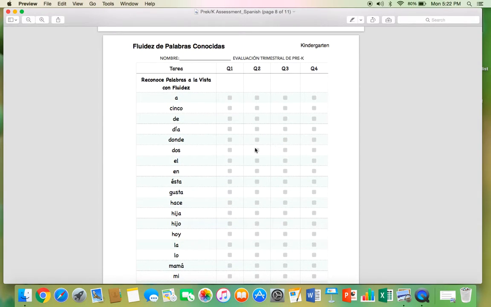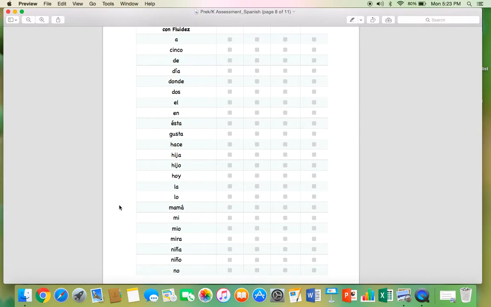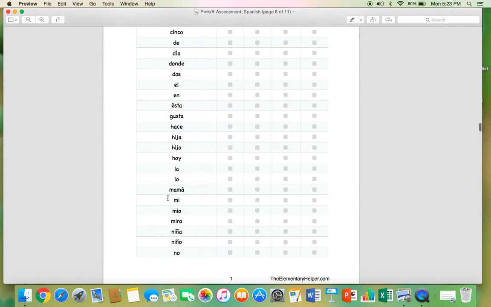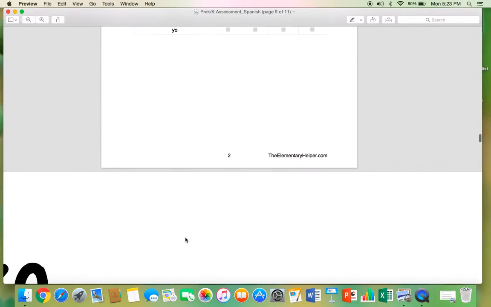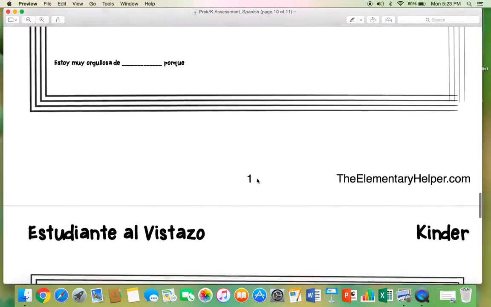The fluidez de palabras, these are not sight words, as Spanish students really don't learn how to read by memorizing sight words, but it is some of the top Spanish sight words in early children's literature, and it's some of the really simple single sílabas or double sílabas like mama, papa, niño, niña that are super easy that some students might recognize, not necessarily mandatory, but just something they might recognize. The student at a glance, pre-K, kindergarten,